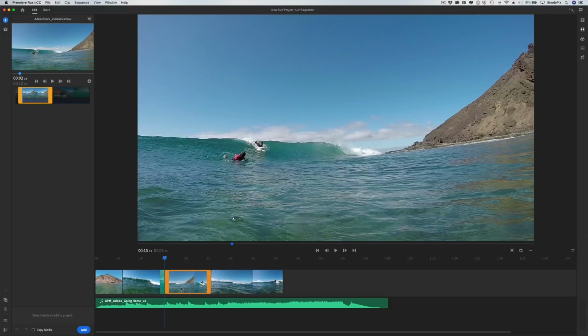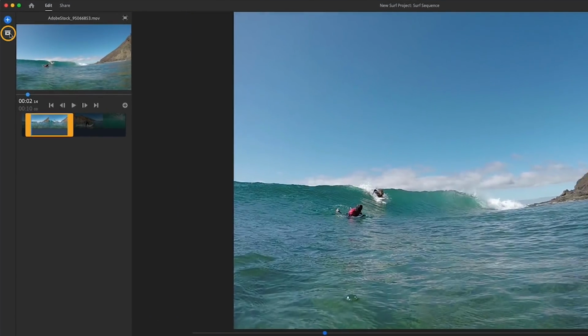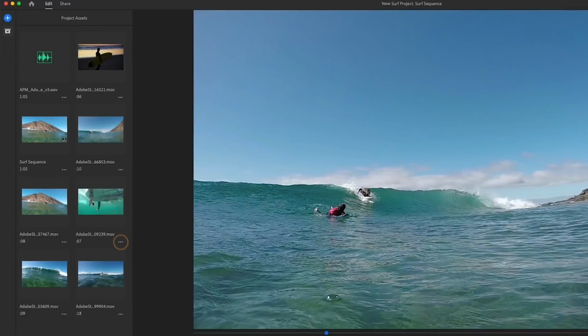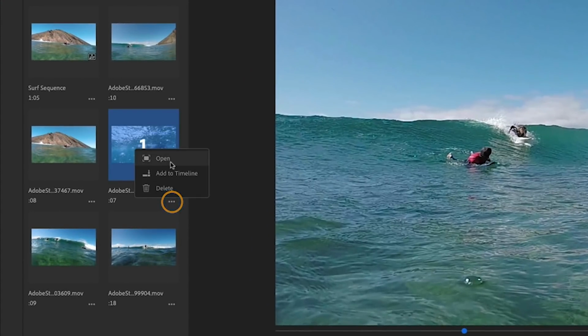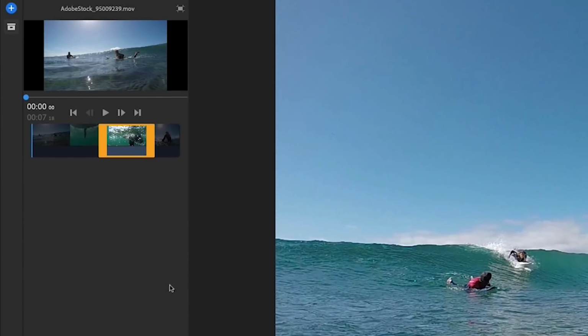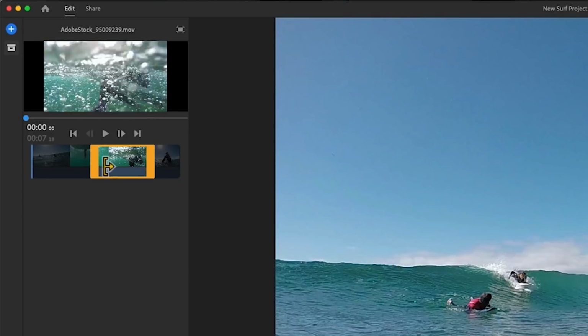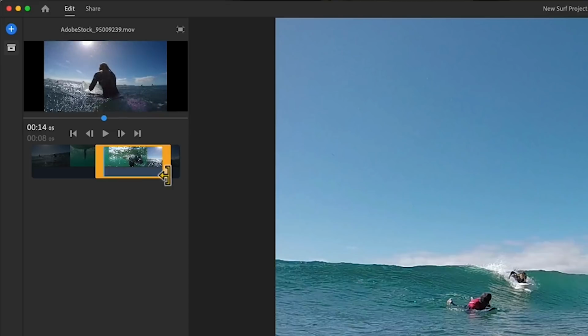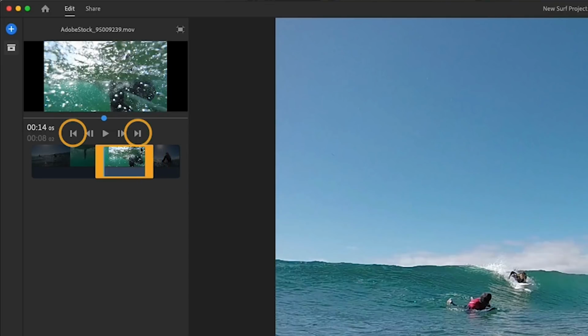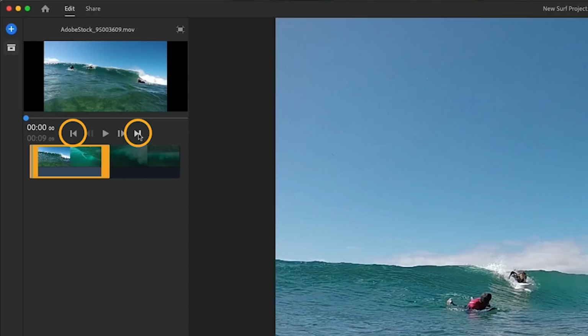You can also adjust clips that are already living in the project panel. I'll return to the project panel, then press the 3 dots at the bottom of the image thumbnail and choose Open to preview this clip. Notice that even though I trimmed it before importing, the entire duration of the original clip is always available in the project panel. I'll move through this project's assets using the next and previous buttons in the clip preview window